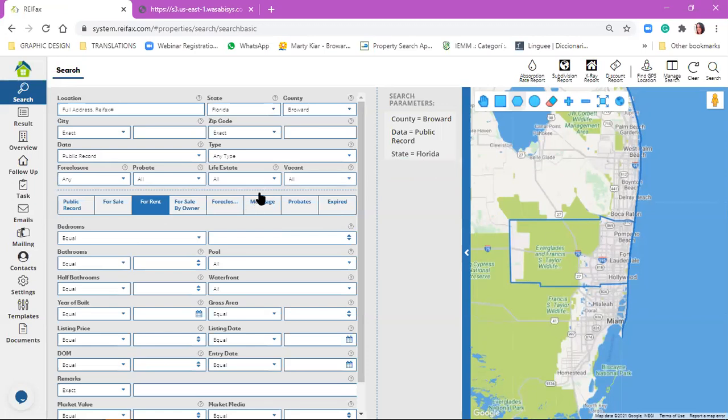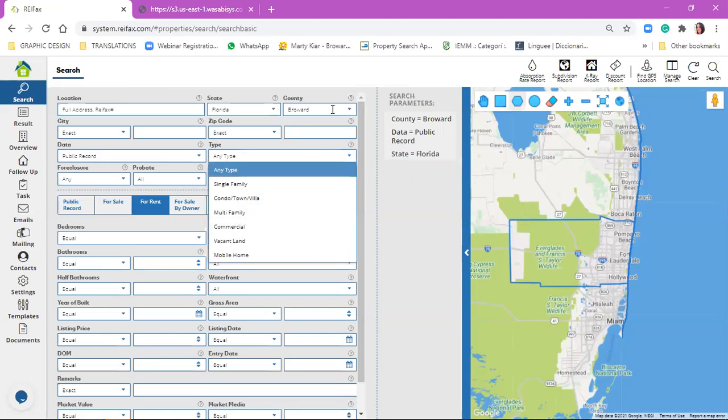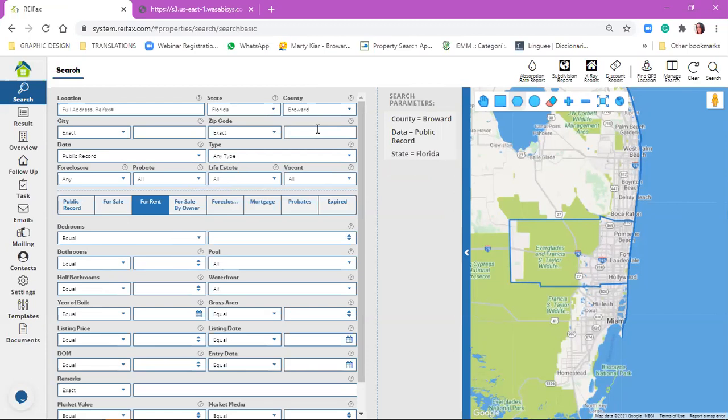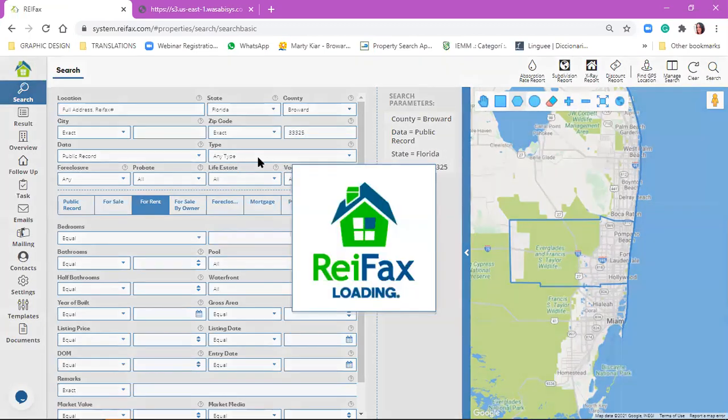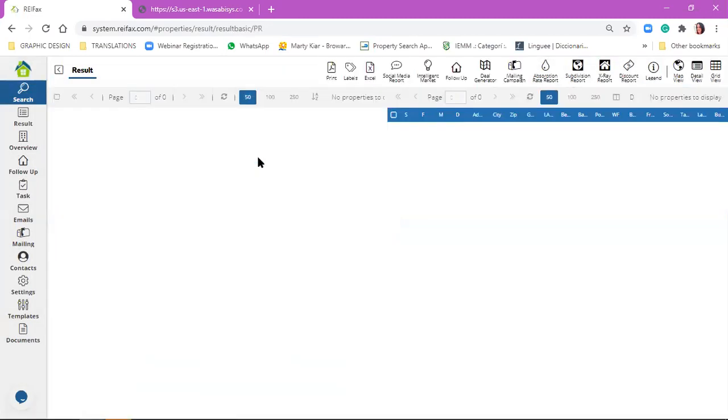Okay. Then we have the type of property. So we do not yet have, because I've had a lot of questions, may I search for several types of properties at the same time? Well, you could either search for all of them or just one at a time. Me, as in Danny, I don't suggest you search for any type of property because you're going to get a lot of crazy answers. And the ideal is that you, let's say, divide your list of leads